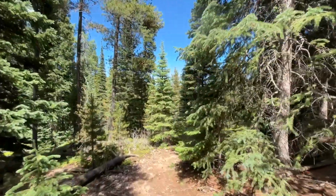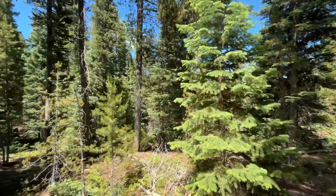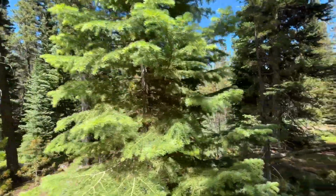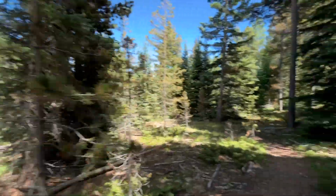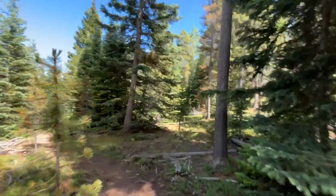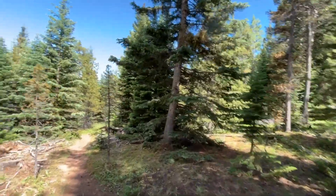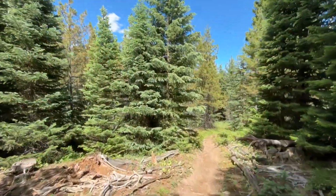Not a lot of animals are busting trees. Okay, I need to be on my game here because of that mountain lion. Also, though, they're scared of human voices. I saw a thing on the internet that said animals are more scared of human voices than a lion roar. I don't know how true that is. But